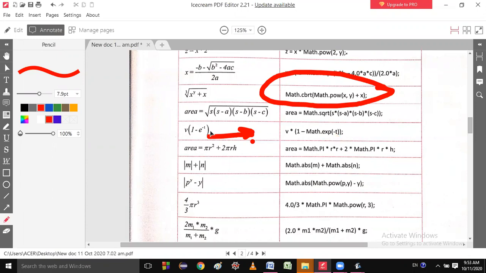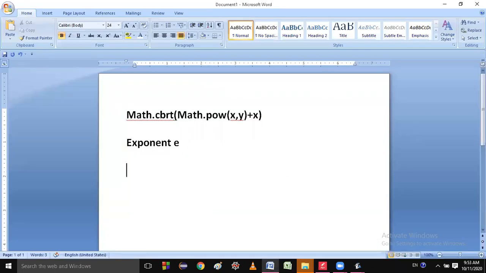Yes, sir. Now clear. Okay, next, area equal to pi r square plus 2 pi r. I think we should know this. In Java there is a static variable pi. This is a static variable, and it is constant. So you know that for a variable which is constant, how will you write it? What is the naming convention? First we will write final and then after that the name of the variable.